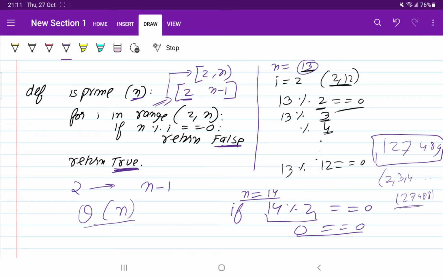Okay, so what will the interviewer say? Try to optimize this approach. Try to write one solution which will take less time. It should not be theta of n, because when the number is very big, this approach is not going to give the solution very fast, or I can say in an appropriate time period. Okay, so pause the video for 1 minute and try to think, try to optimize this solution.